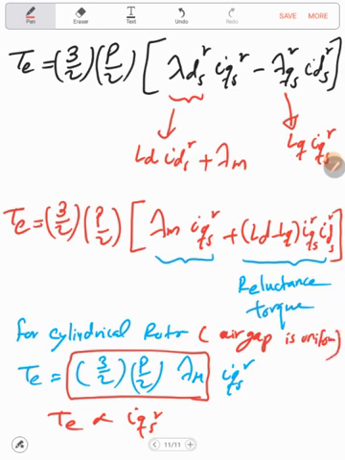So now we have the voltage equation in the QD reference frame, and we have an expression for the torque in the QD reference frame, which means that we also have the model of the permanent magnet AC machine in the QD reference frame. So next time I will discuss with you how to do vector control of the permanent magnet AC machine. Until then,